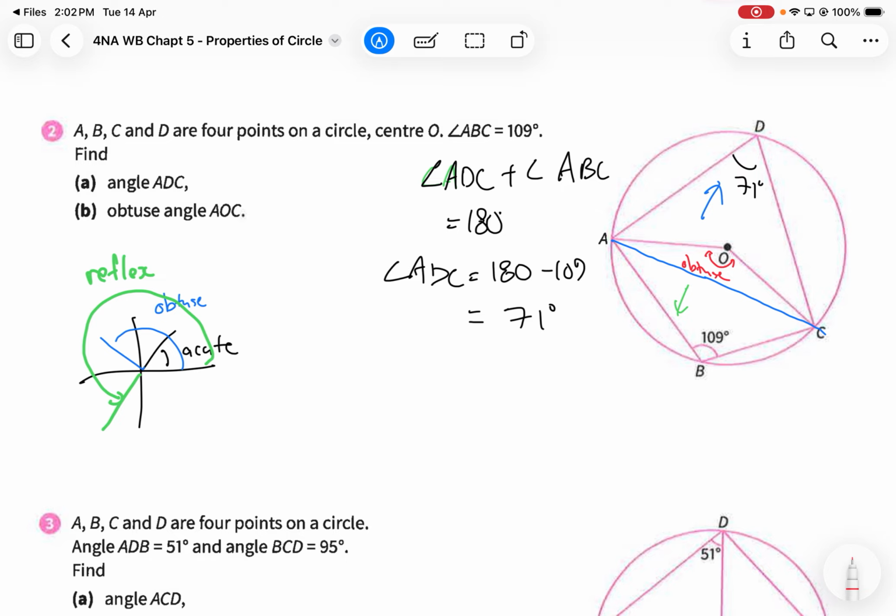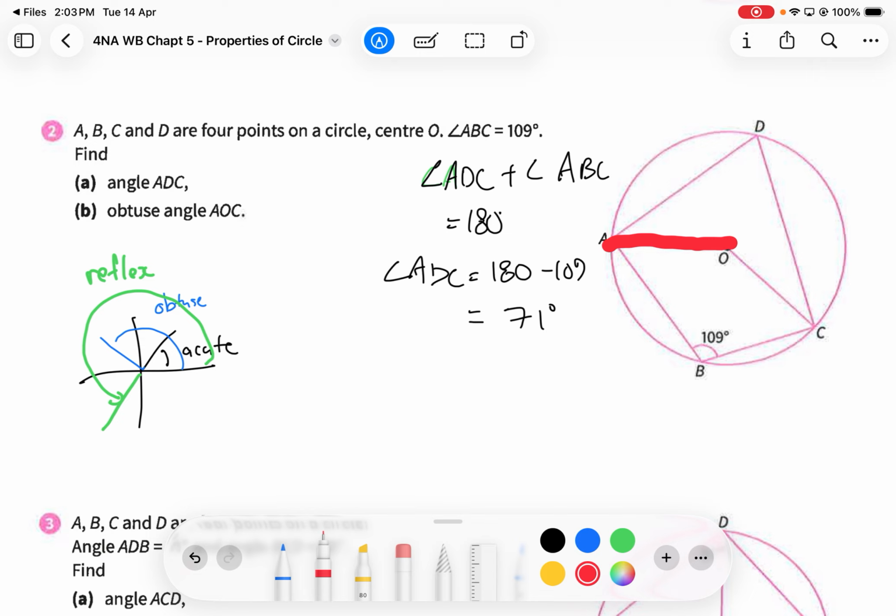Then let me highlight what you need to find the next one. So I told you to be always looking for this pattern. Okay? So, because of this pattern, this angle and this angle on this side, they are related. Okay? This one,